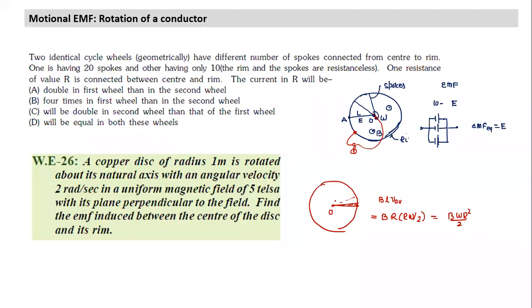So whether it's a disc, or there are spokes in between, or there's a rod, in all cases, if the distance from the axis is the same and omega is the same, the potential difference is the same. So what are the three cases here? If a rod of length R is rotated, or if there are several spokes in the wheel, or it is a conductor metal disc. If all have radius R and are rotated with angular velocity omega, the potential difference between the center and the periphery will be the same.